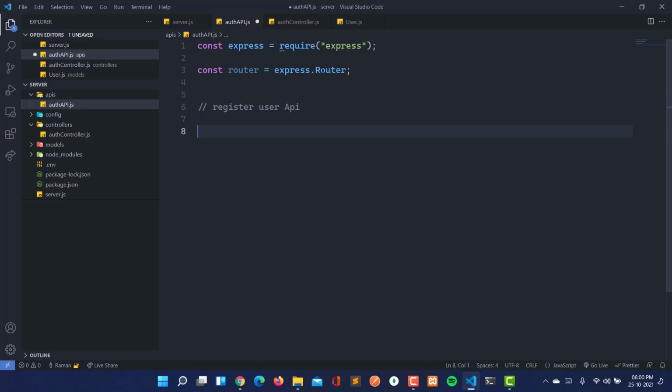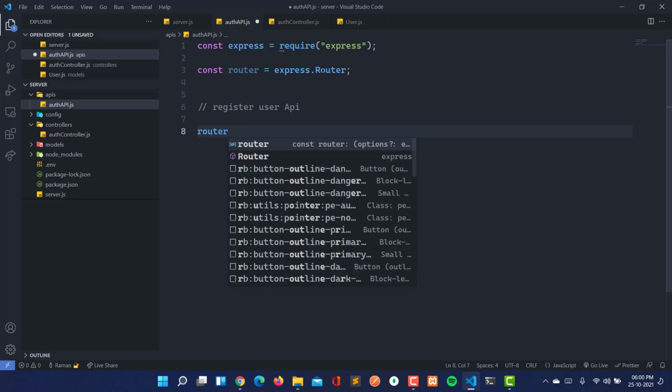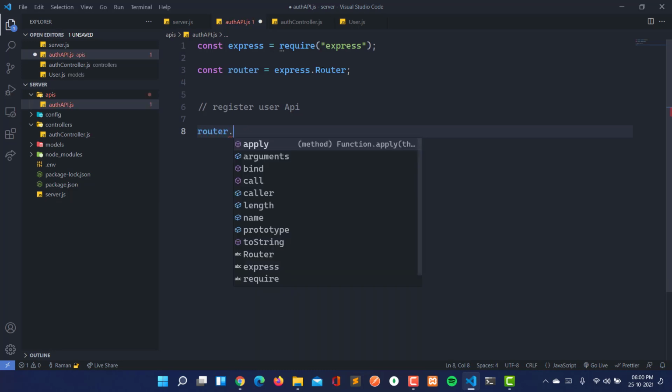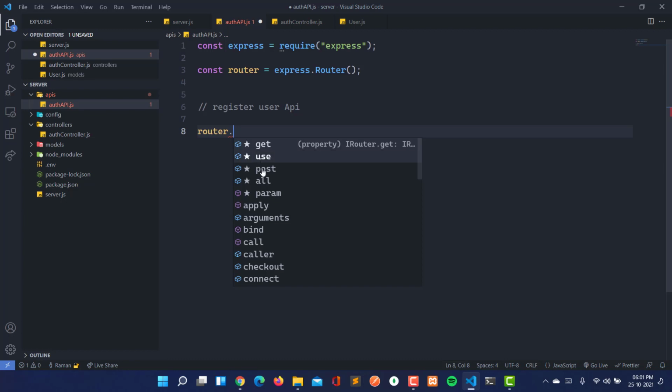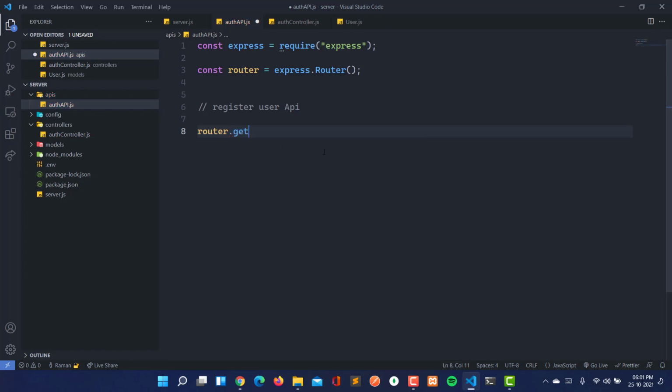So here we are going to use const, we don't need const. Here I'm going to use router.use, or router.get, we can use that also. But actually we need a post request here.